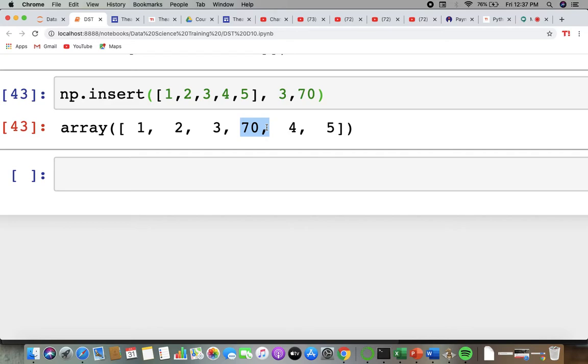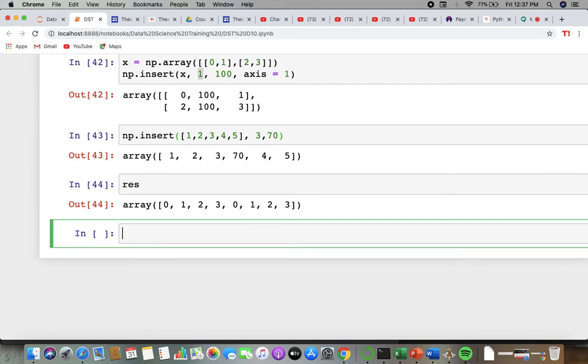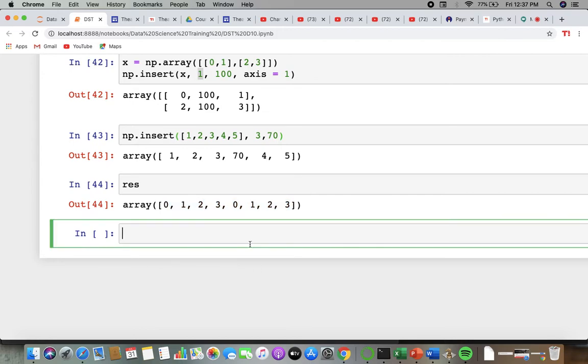The random we have worked on, right? The random we have seen, the random ones. So what we can see is that I have made one res. Remember, right? We have res as this. So we have also read about the unique one, what unique does. So if I want to see a unique of that,